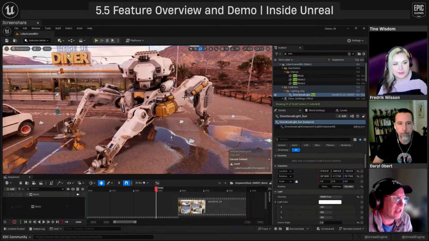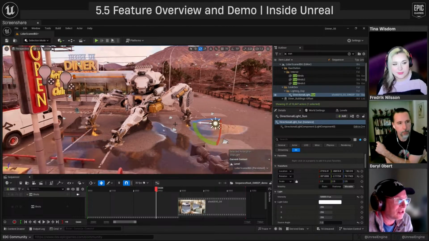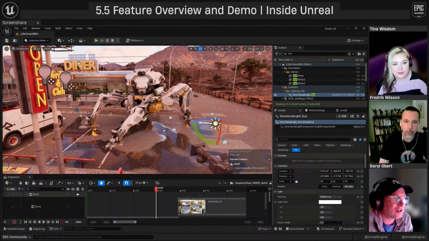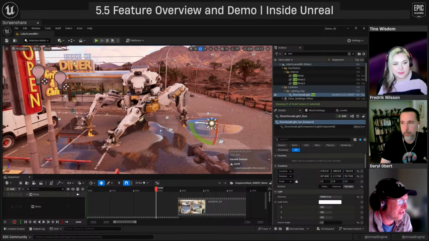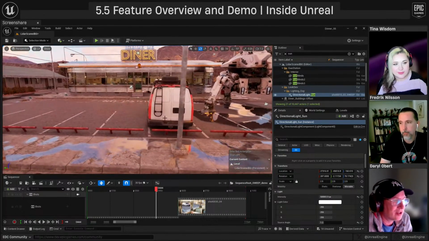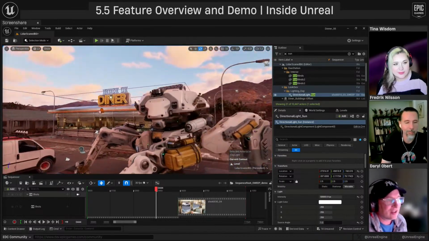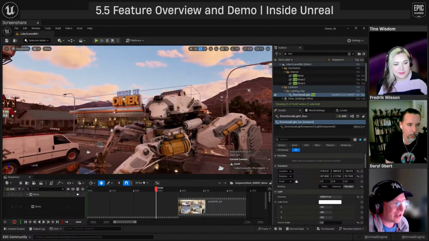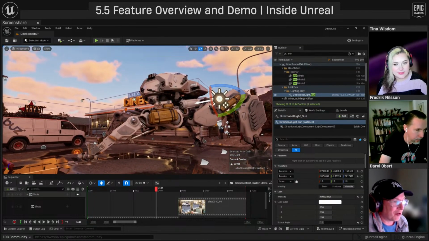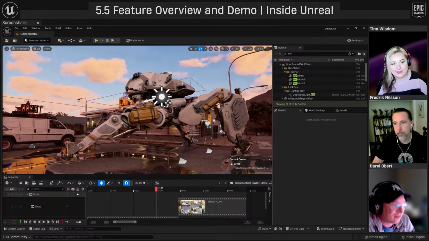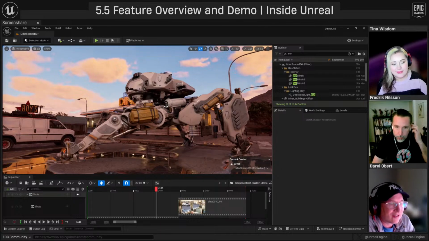Especially now that we have that hind leg, the setup for the reverse knee is much easier. It's not really a reverse knee, but for the short limb with the big ankle, it's much easier to get set up now for a hind leg. And yeah, it's very, very cool stuff to see the tools that we all grew up with maturing into a real-time solution. It's really, really great stuff.